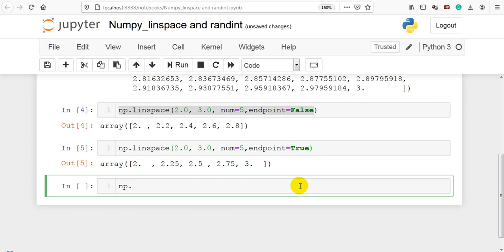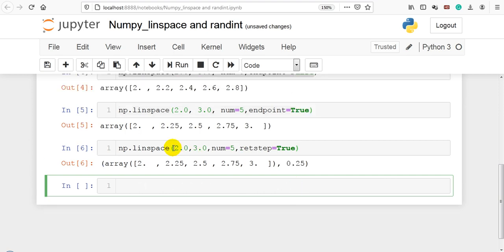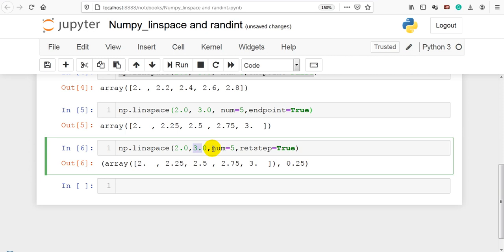So let me take another example. 2.0, 3.0, num is equal to 5, retstep is equal to true. So here is start and num, which is by default 50, and retstep is equal to true.